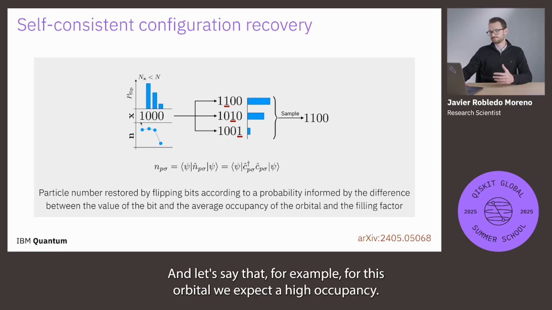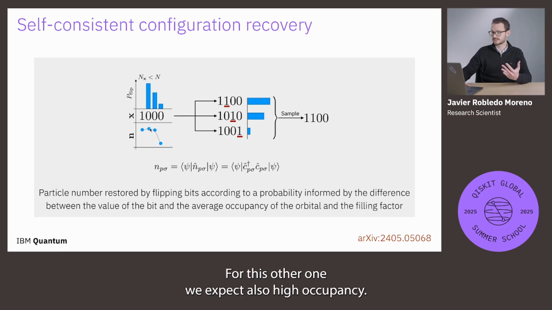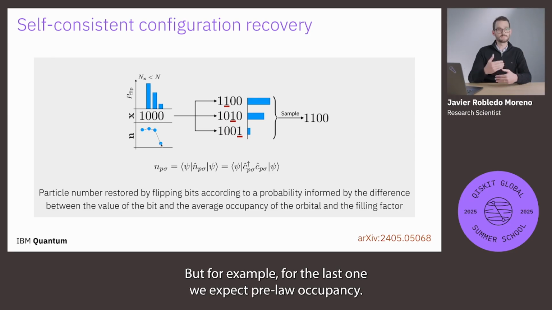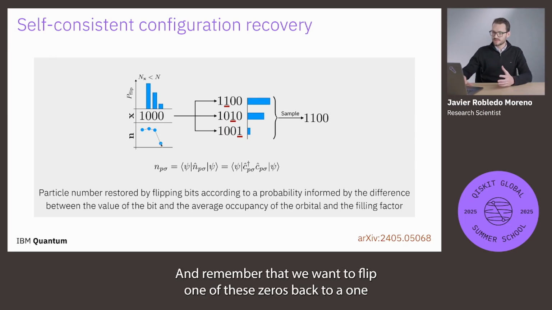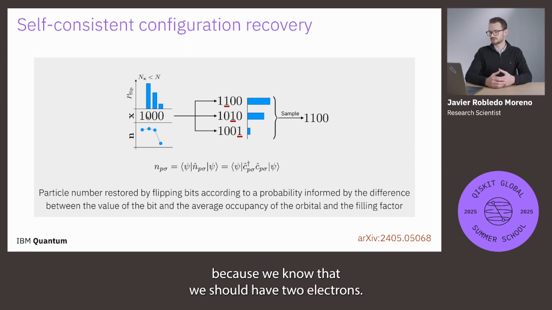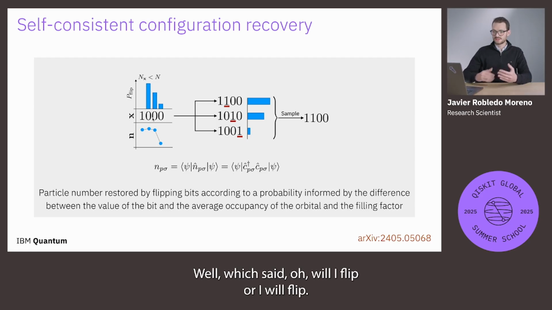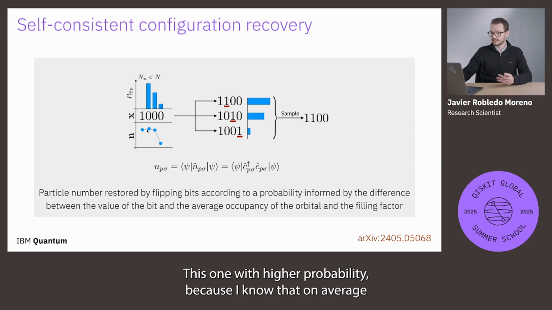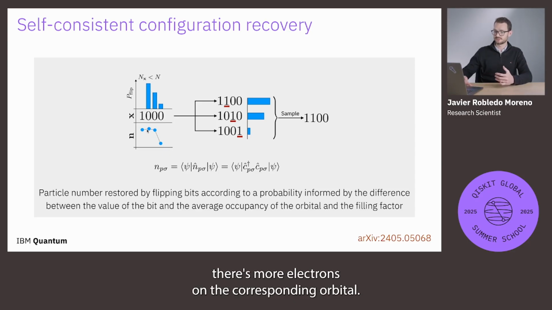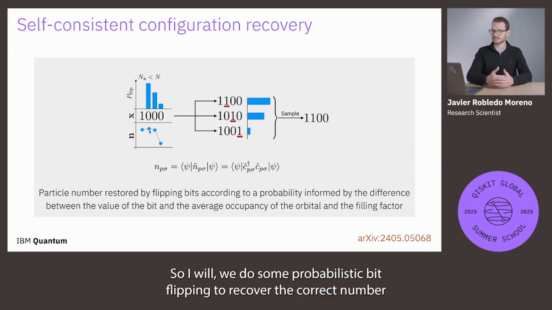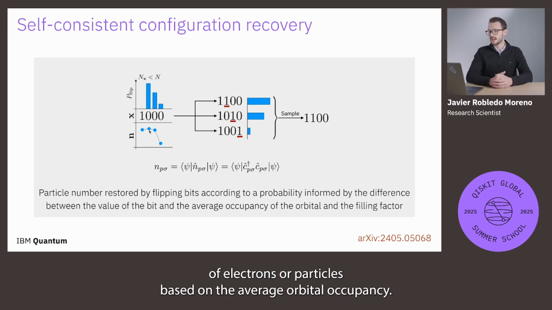and let's say that, for example, for this orbital, we expect a high occupancy. For this other one, we expect also high occupancy, but for the last one, we expect pretty low occupancy. And remember that we want to flip one of these zeros back to a 1 because we know that we should have 2 electrons. Well, which 0 will I flip? I will flip this one with higher probability because I know that on average there's more electrons on the corresponding orbital. So we'll do some probabilistic bit flipping to recover the correct number of electrons or particles based on